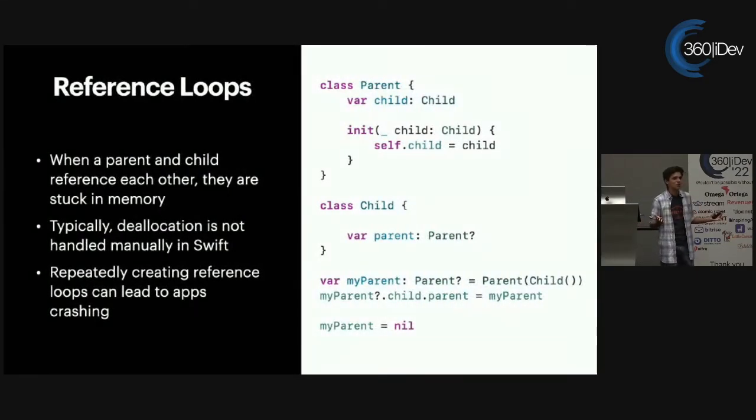Reference loops are when, even though there's no real way to find that child, in this case Dana, Dana's still around. And we have no way of getting rid of Dana or Dana's parent. When a parent and child are both holding a reference to each other, even if you delete both of them from any references, they're both going to hold a reference to each other, and so that makes it so that they are stuck in memory. You do enough of these, they build up, build up, build up, you get the straw that breaks the camel's back, your app crashes, and that's not fun.